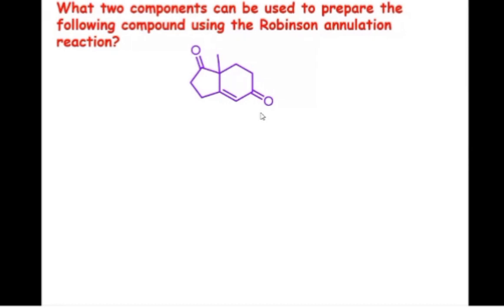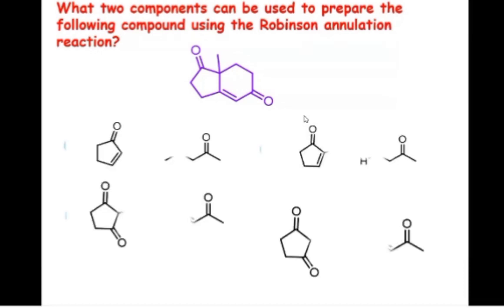Okay, now you have been given a product, and if you know retrosynthetic analysis, you can cleave this alpha beta unsaturated ketone, you will get this carbonyl group and here CH3, and the starting material will be a 1,5-dicarbonyl compound. You can disconnect from the 2,3 bond and you will get the respective starting material. But those students who have not studied retrosynthetic analysis will face a problem solving such type of question.